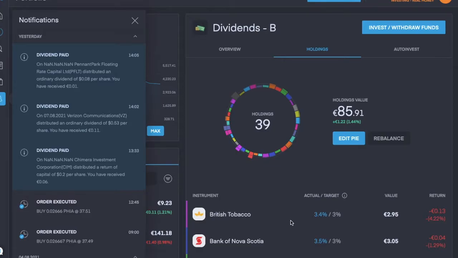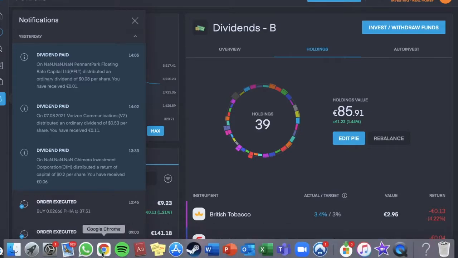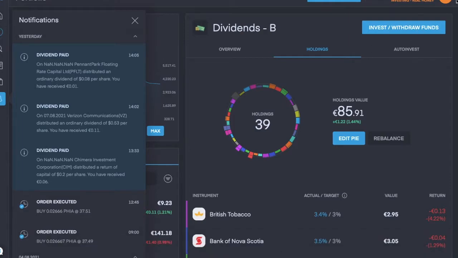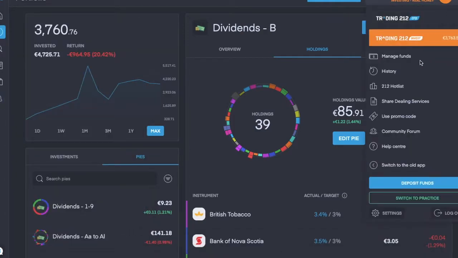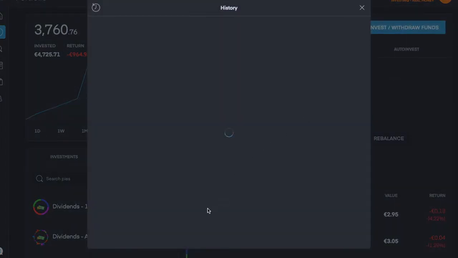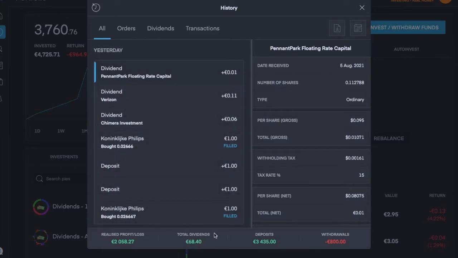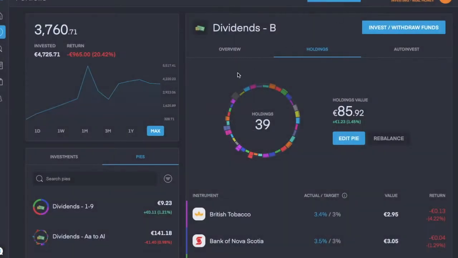Now, thankfully, I've only received about €70 in dividends in total. So it's not that much at the moment. Obviously, I wish I knew earlier, and there's probably a lot of this that wouldn't have had to have been taxed, but I'm not going to go down through hundreds of days of dividend payments and buying and selling and all the history just to save a few euro. It'd be a waste of a whole day. So I'm just going to take the hit, learn the lesson, and from now on,